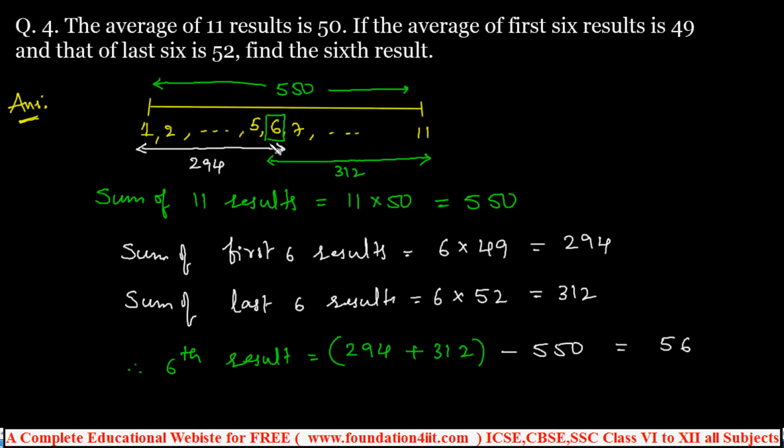Right? That's why only this part is extra. 1 to 6, 6 numbers are there, but next time 6 to 11. So by adding 6 extra, 312 came. That's why you can subtract that from the total, by adding both. So this is the concept you can apply in these problems. Let's see a few more questions now.